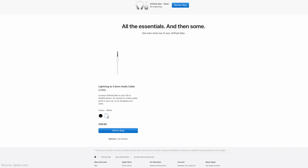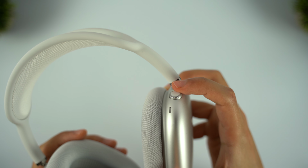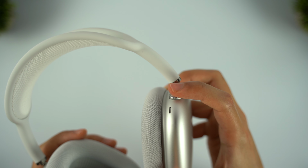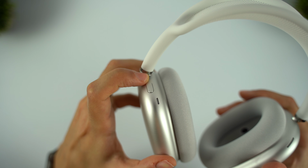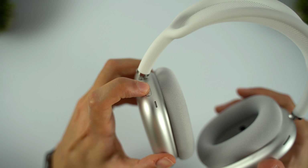The headphones redeem themselves with the controls. There are no touch controls here, you've just got 2 buttons, one that controls the noise cancelling mode, and the other is a larger version of the digital crown from the Apple Watch. This unique controller lets you rotate the crown to precisely control volume, which I really like, whilst pressing it gives you playback and phone call controls. Both buttons give a distinctive click when pressed,